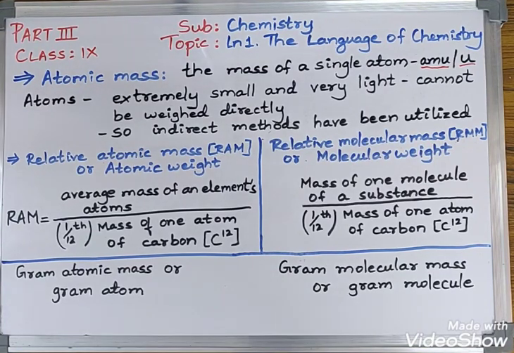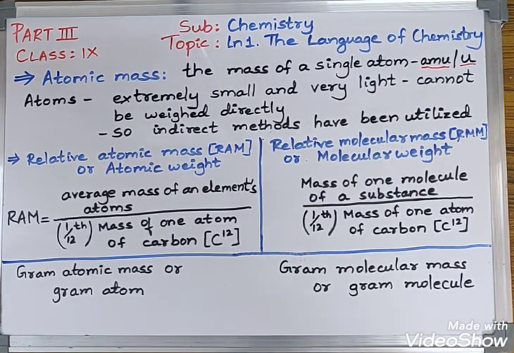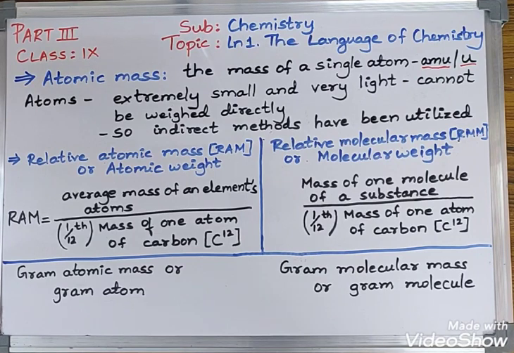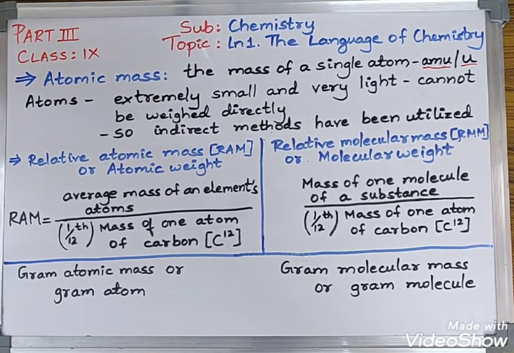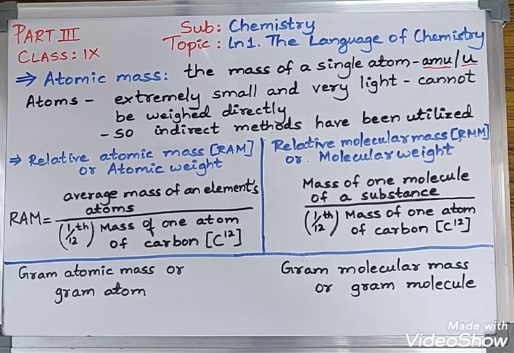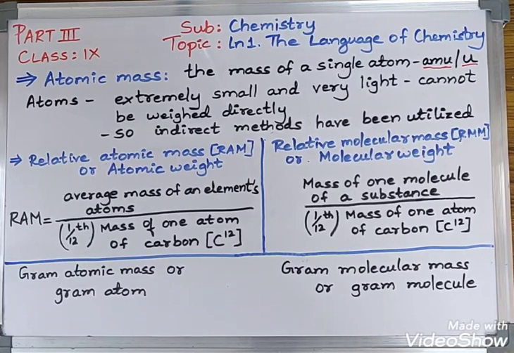You have already learned the structure of an atom in the previous year or standard. You know that an atom has three subatomic particles, namely protons, neutrons and electrons. The protons and neutrons are present in the nucleus of an atom and electrons are found revolving around the nucleus of an atom. You did study about the mass number. The mass number is nothing but the number of neutrons and protons.